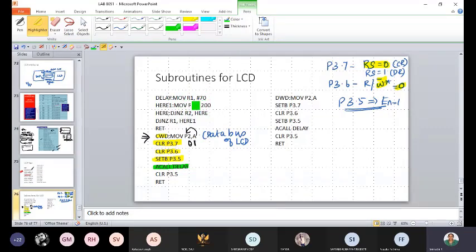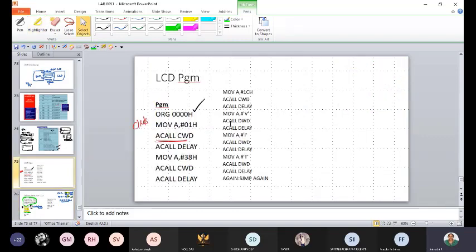R1 is equal to 70, randomly I have used here, R2 is equal to 200, decrement, jump on non-zero R2, and then decrement, jump on non-zero R1, and then return. This is the delay that is going to be used everywhere. Okay. So this is the delay routine, and then we'll go ahead with the main program.